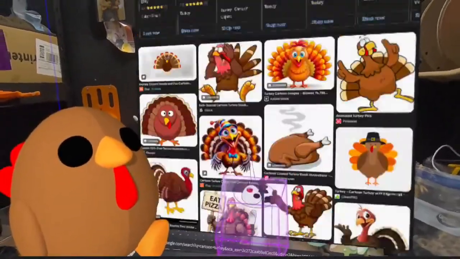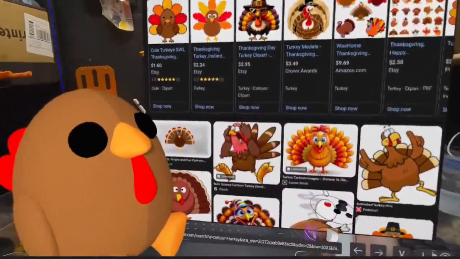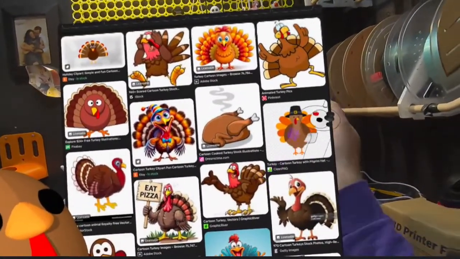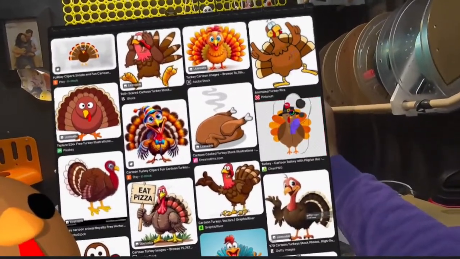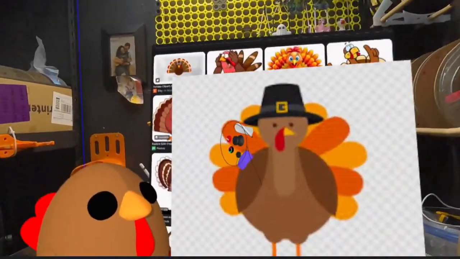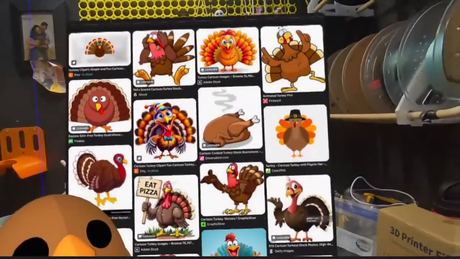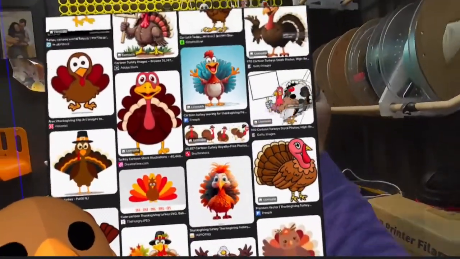Wait, let me see. I want to see the little pilgrim one. Where's the little, hold on? Down to the right. It's really simple. Yeah, that's a wattle and not a snood. Or a snood and not a wattle. See how it hangs up over? It's so big that it looks like it's hanging from there. Okay, move it to the side again. Let me see.